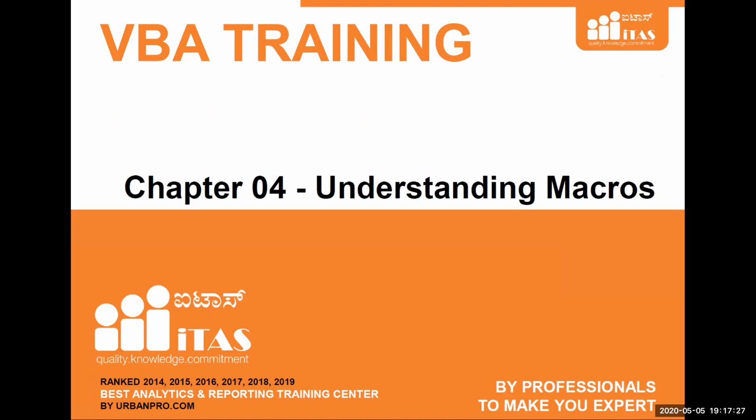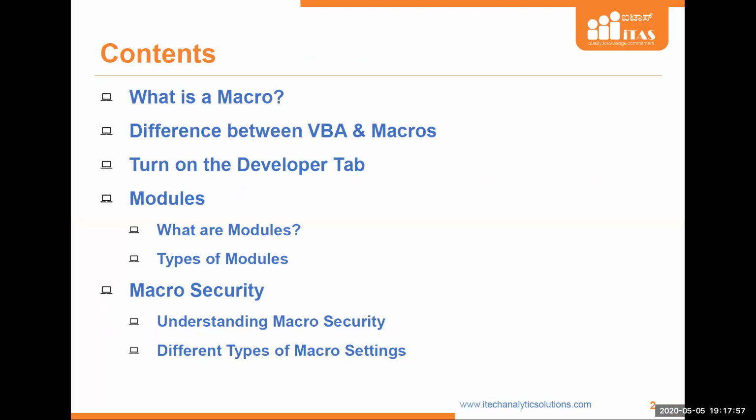Today's topic is understanding macros. There are two types: subroutine and function, and there are different locations where you write these macros. Depending on the location where you write them, the behavior of the macro will change: how exactly it is executed and when it will be executed. These things will matter. We'll be covering all of this in this chapter.